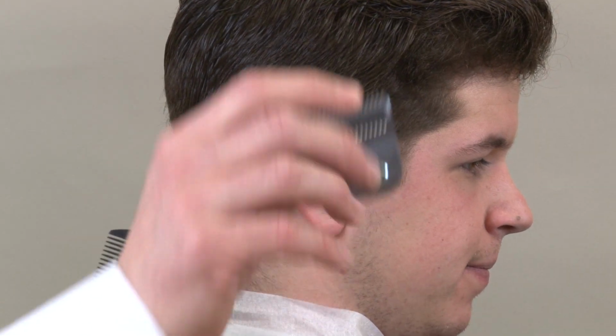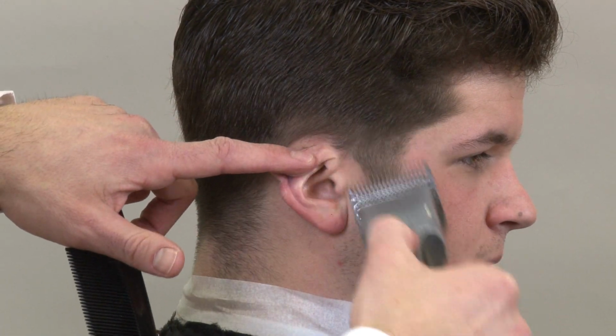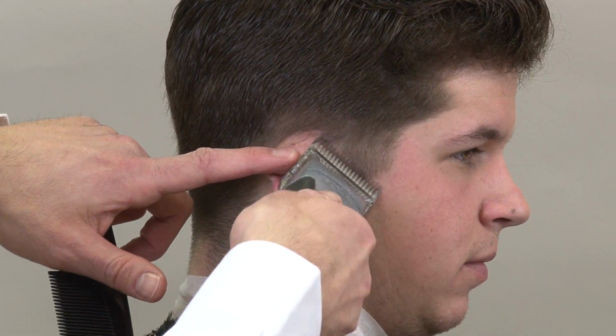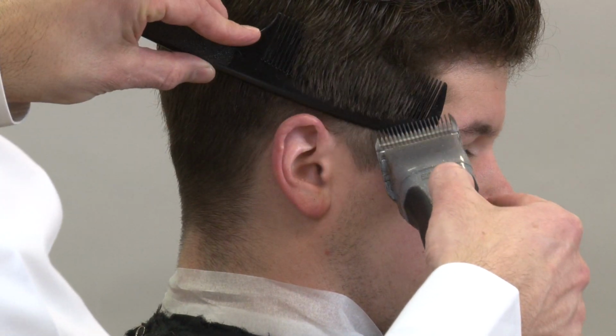Now it's time to blend it all in. We're going to go to the 1.5 blade on the detachable blade clipper. So we're going to do the same thing again, one step lower, but while we have this blade on here, we're also going to start blending in to the sides and back. Now we're going to take our clipper comb,